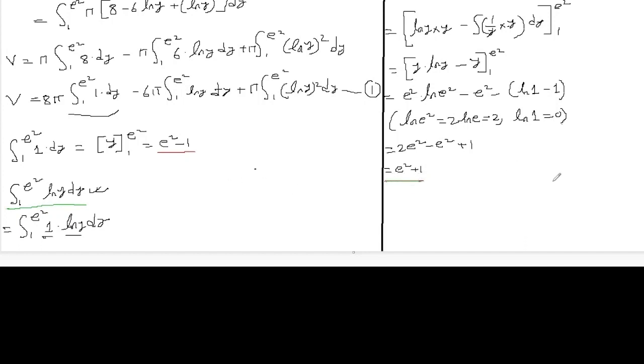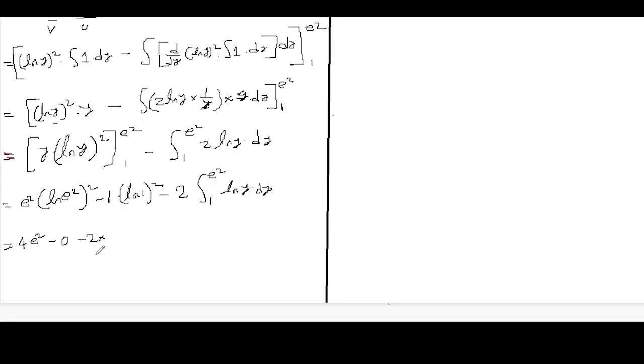And we're going to substitute these values in the current integral. So after substitution, the current integral becomes 4e squared minus 2 into e square plus 1. If we open all the brackets, this becomes 4e squared minus 2e squared minus 2, which gives us